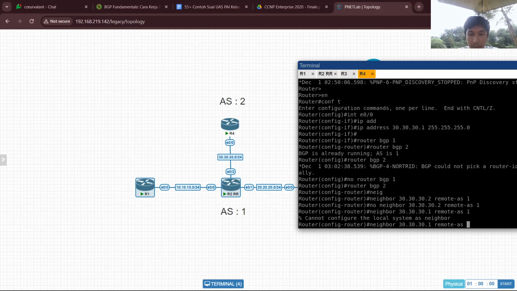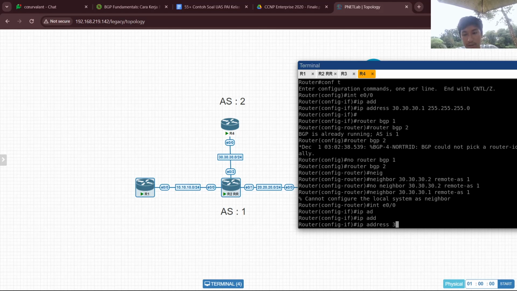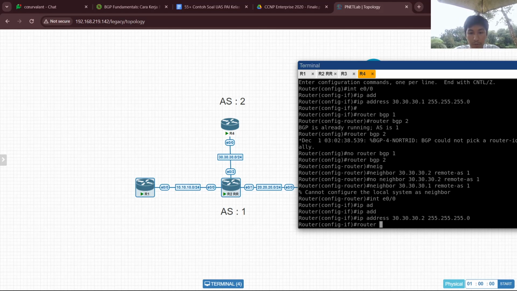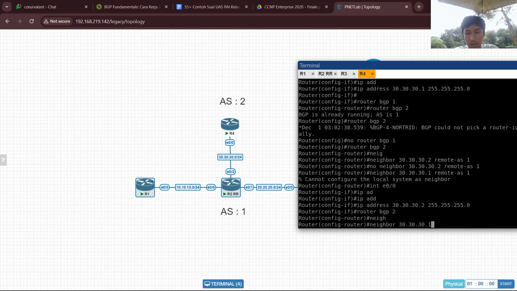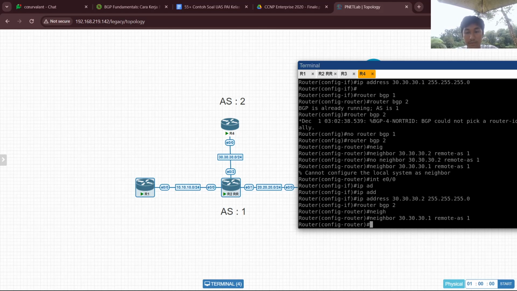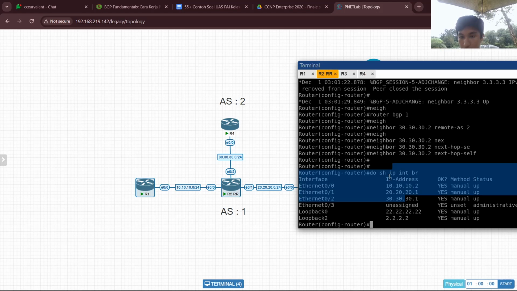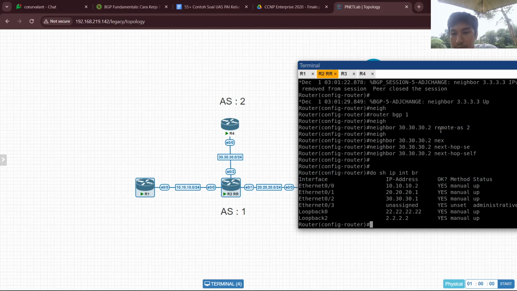I think I was wrong to configure the IP address. This IP address is 30.30.30.2, and then we continue the BGP to neighbor 30.30.30.1 and remote AS 2. Nah, it's already.